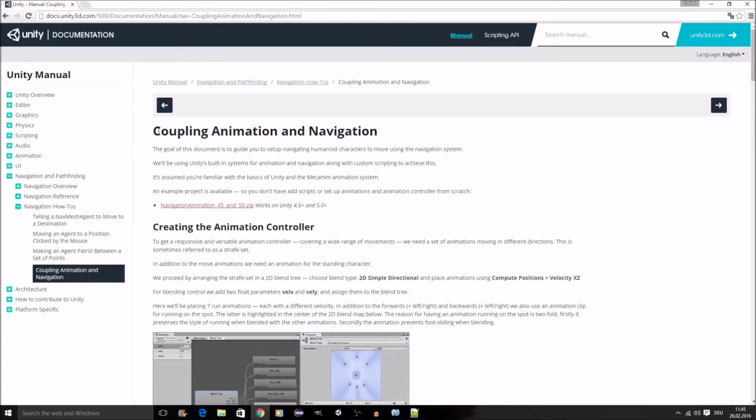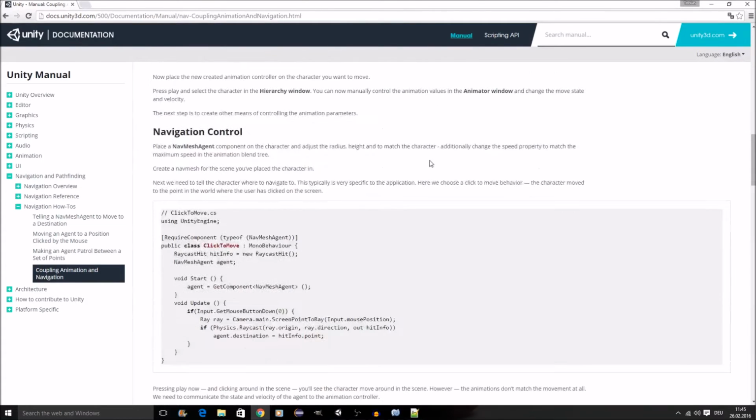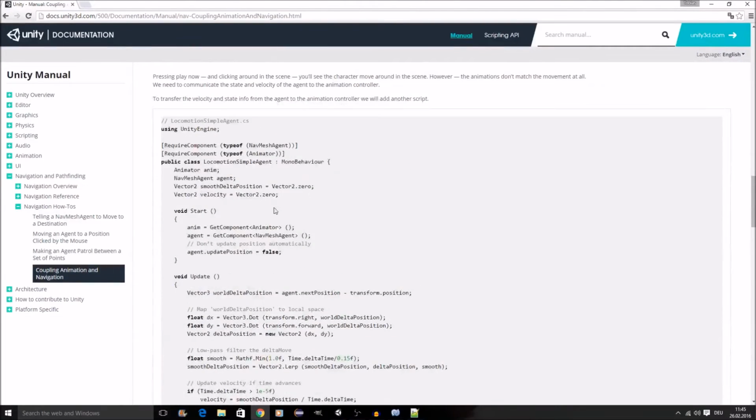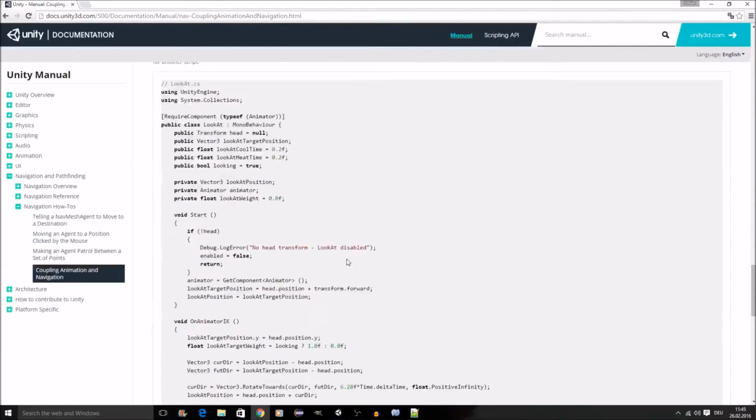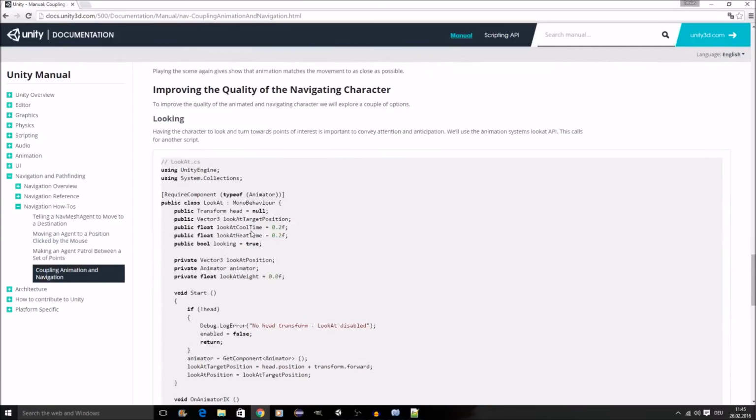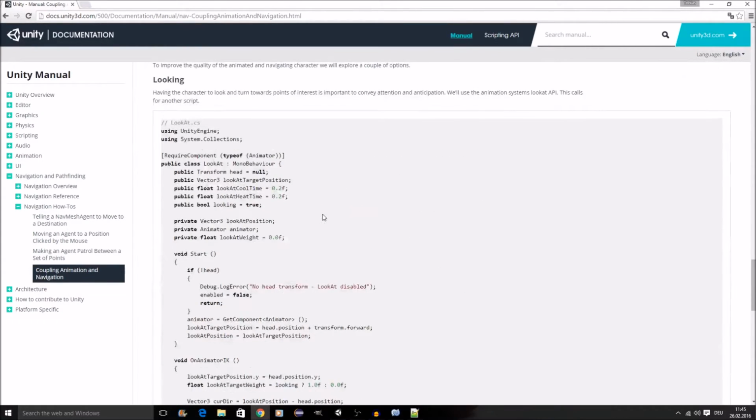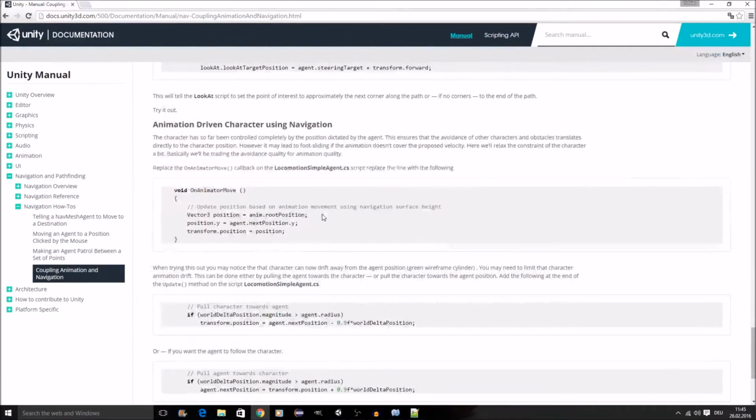Long story short, I found this part in the navigation how-tos. Here you can get some information on what we've been trying all along, to couple animation and navigation. And there's some really good explanation of what needs to be done. And there's this example script. Also another script for how you can get your character to look in a certain way. We might actually still take this one in later on, I'm not sure yet. Anyways,